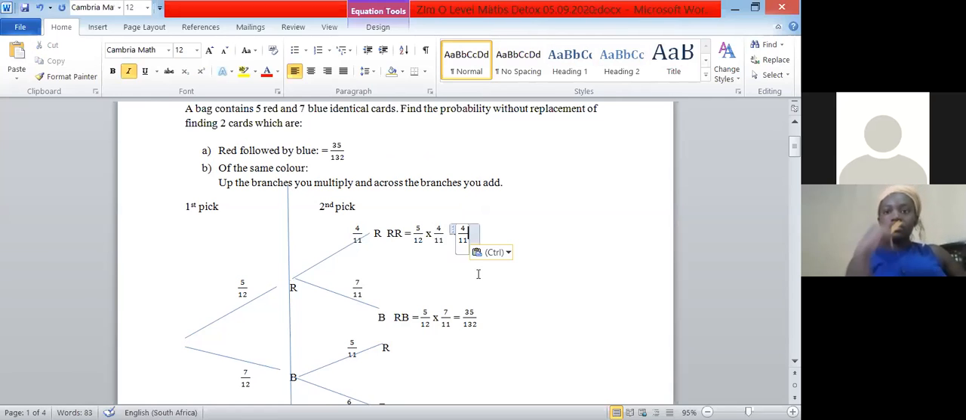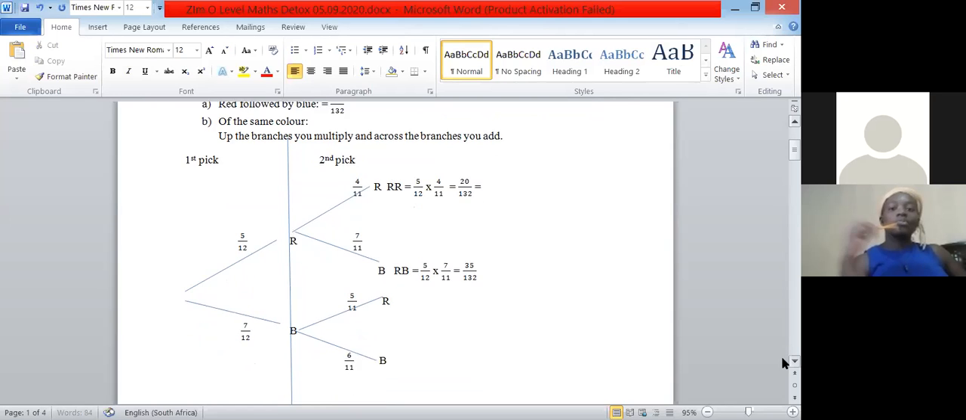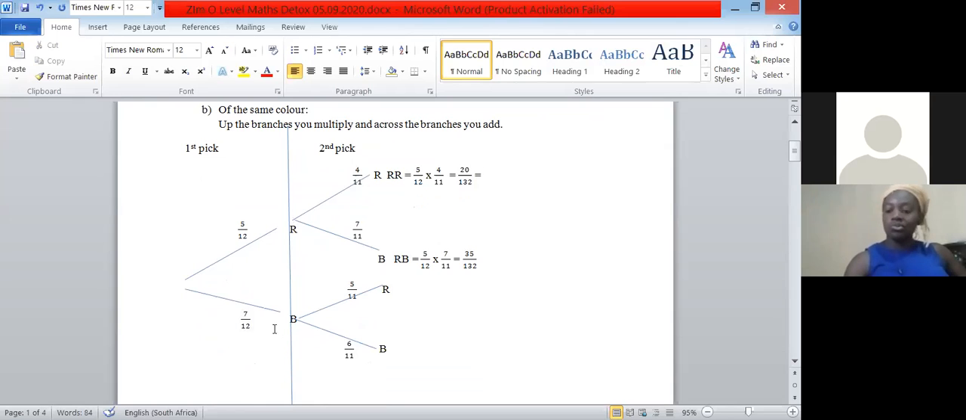So I come back here, 11 times 12 again, this should give me 132. And then 5 times 4, this should give me 20. You can also simplify it. I'll ask you to simplify that fraction and see what you get, right? And then also, same color is also here. Do you see blue and blue? It's also same color, isn't it? Blue and blue. That is equal to